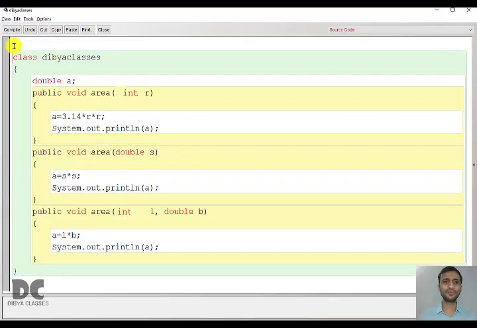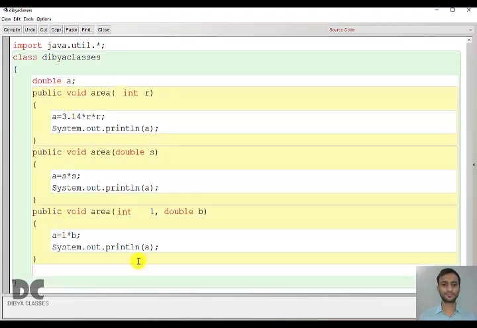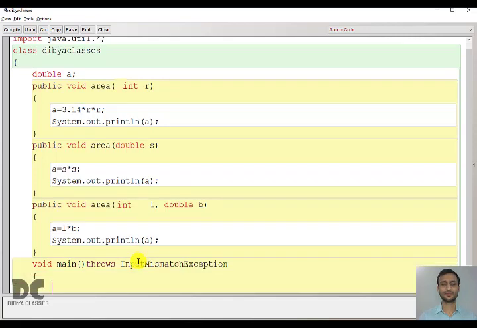For menu driven we'll be using Scanner, so import java.util.*. Okay, and we'll write the void main. You can write public void main also. And since you are taking input in the main function, I will be writing throws InputMismatchException in the main function only. Then we'll write the scanner line: Scanner x = new Scanner(System.in),